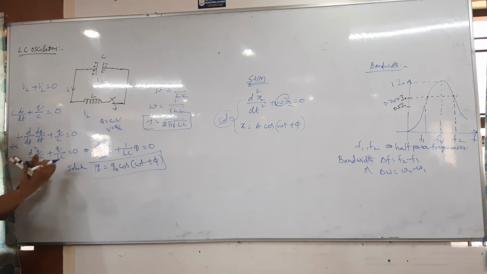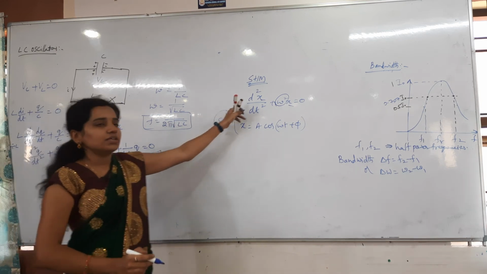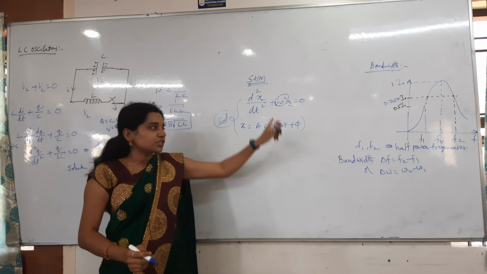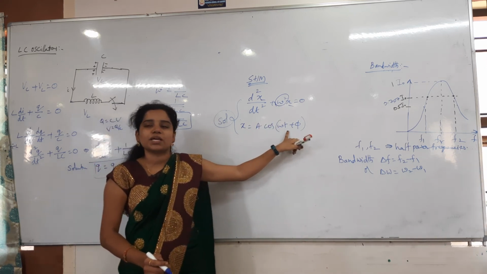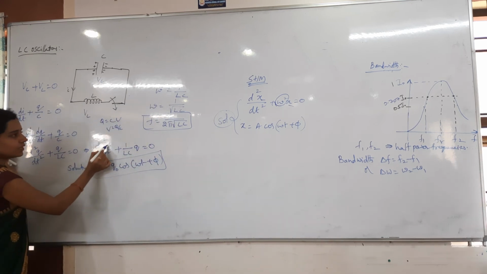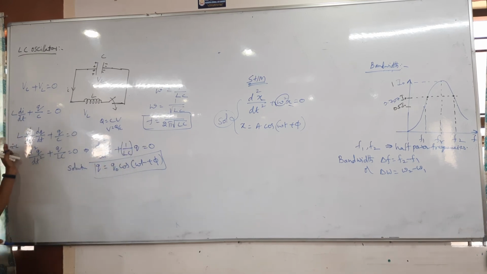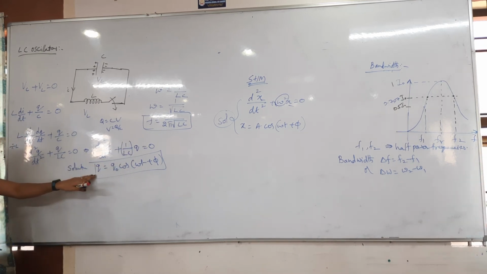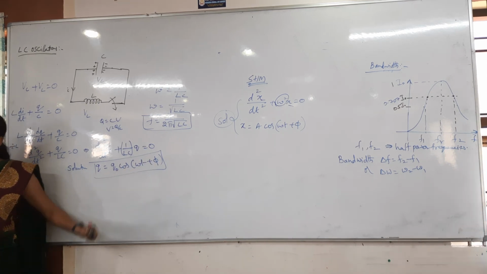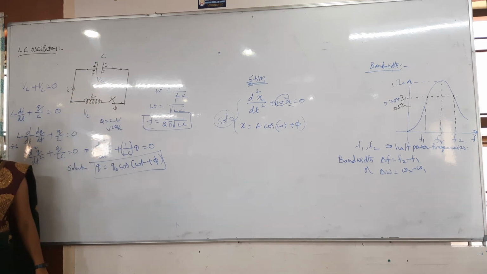Now I will write this in the form of the oscillation equation, the SHM equation. The SHM equation is d squared x by dt squared plus omega squared into x is equal to 0. The solution of that is x is equal to a cos omega t plus phi. Now I am comparing this with that. Here in the place of x we have q, and in the place of omega squared we have 1 by LC. The solution of this is Q is equal to Q naught cos omega t plus phi. Okay, we got this oscillation. So the charge is oscillating between the capacitor and the inductor, discharging and then charging.